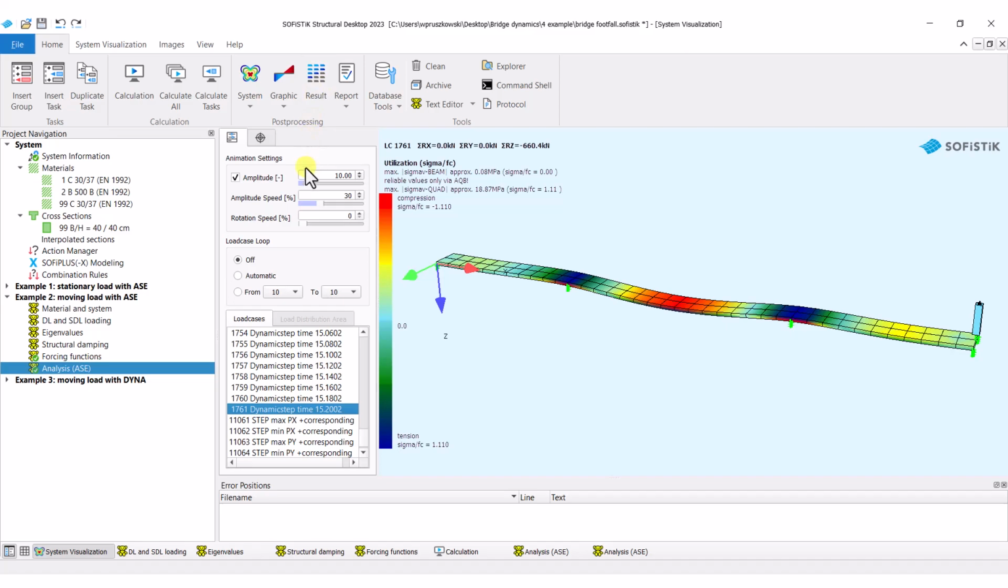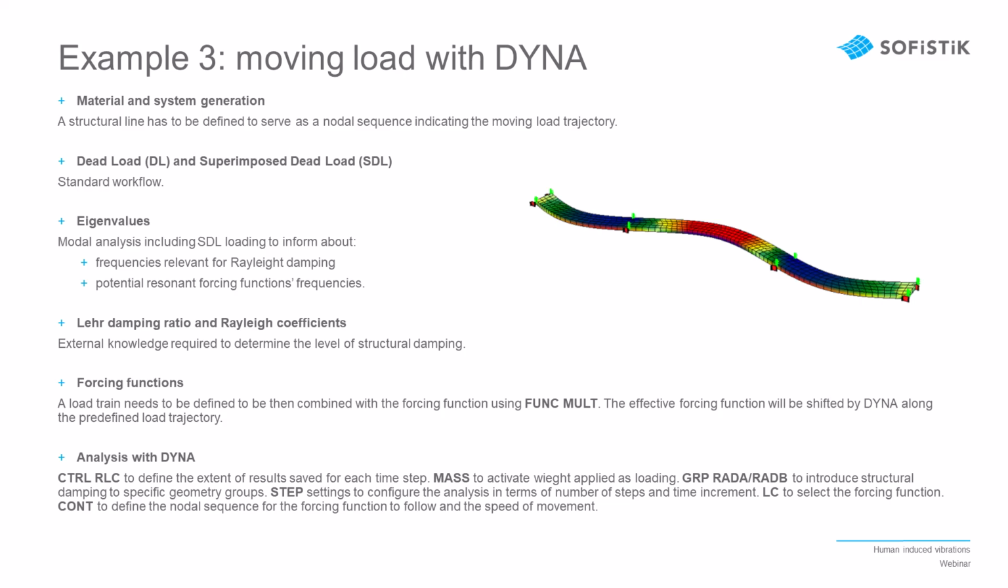Now let's move to the example number 3 and its brief summary. The last example differs slightly from the previous two. The bridge deck is now curved, and since we're planning to use Dyna module instead of ASC, we need to generate a nodal sequence that will inform SOFiSTiK about the planned loading trajectory. We can do that by creating a structural line, as SOFiSTiK always creates a nodal sequence for any structural line